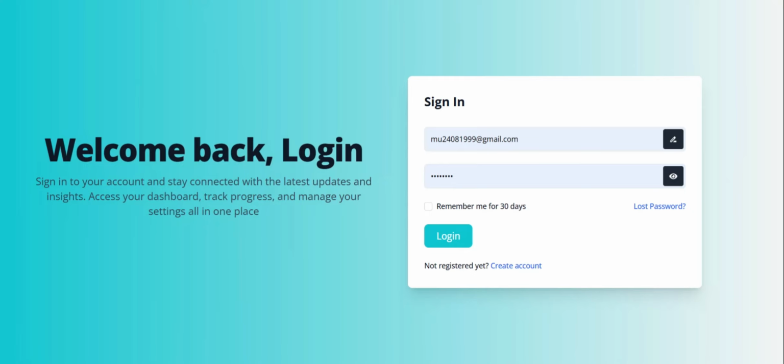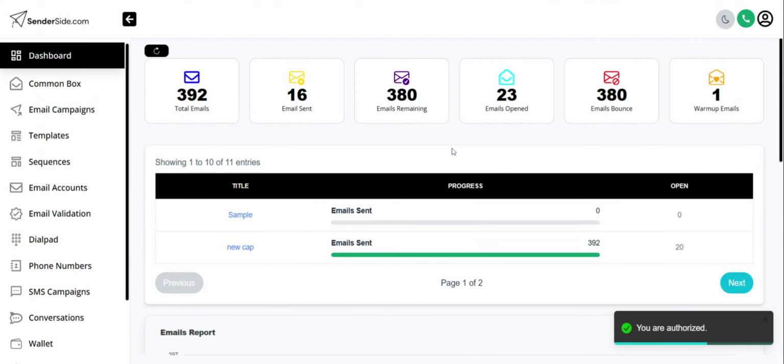Hey guys, so as soon as you've got your free trial or a paid plan, you come to the login screen and log into the dashboard with your username or email and the password. Now, as soon as you log in, you get this beautiful dashboard in here where I'm going to start from